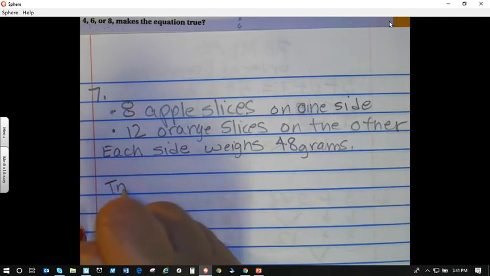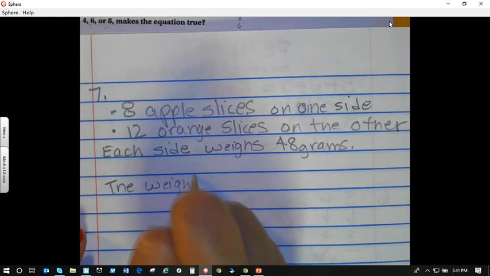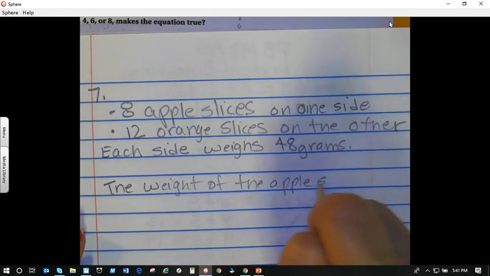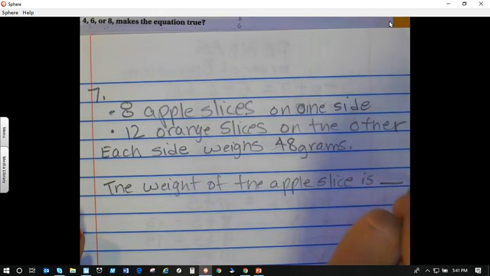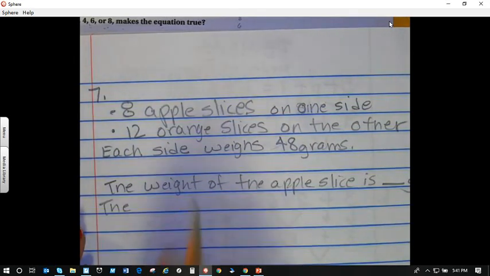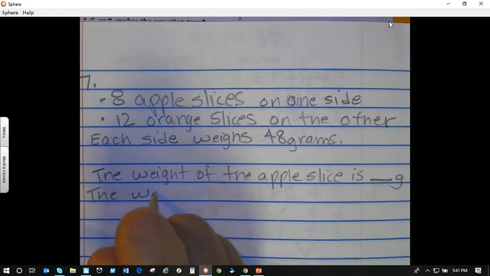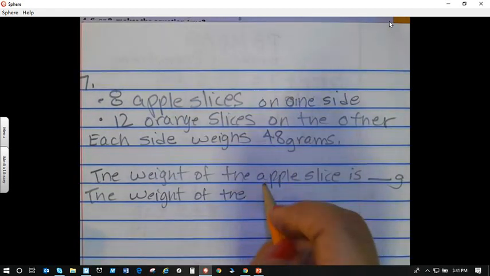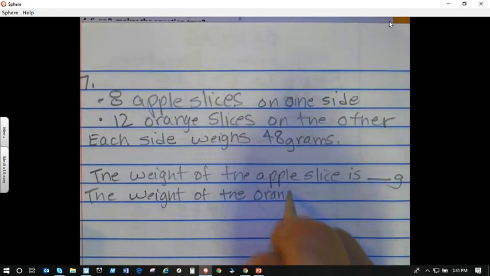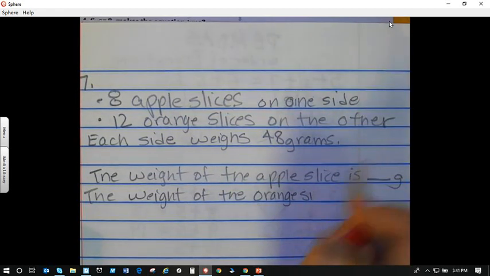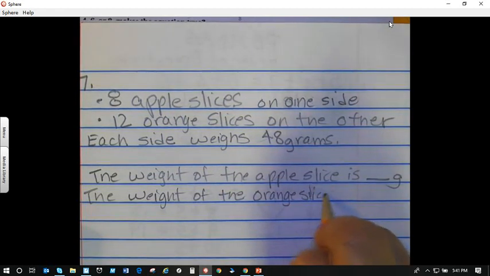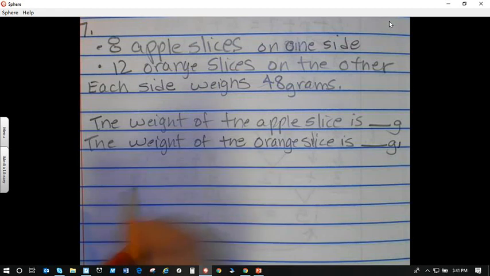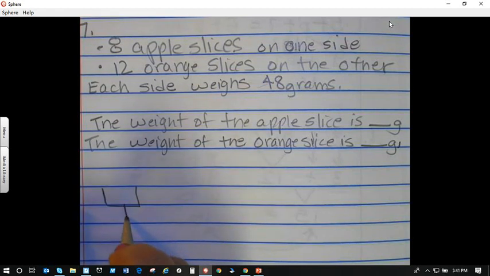So the weight of the apple slice is blank grams. The weight of the orange slice is blank grams. So if I draw a picture, and today we did this, draw a little bucket, kind of made this look like it was